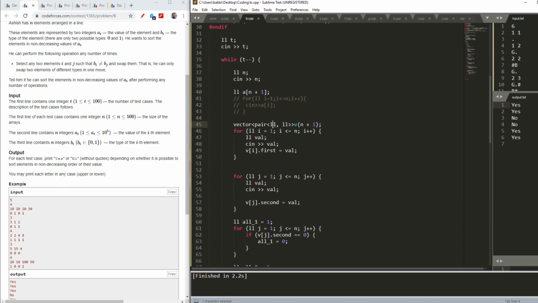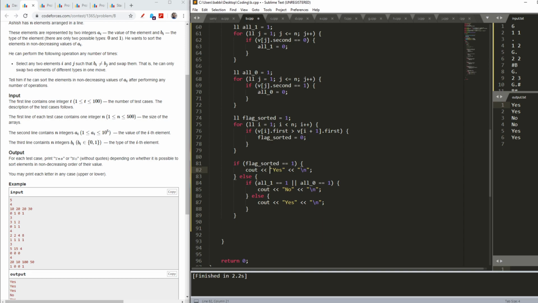So I will use a flag sorted, which shows whether the array is sorted or not, according to the first values of the vector, which means the ai values. If it is sorted, then as I said, you are good to go. But if it is not, then first of all I check if all are ones or all are zeros.